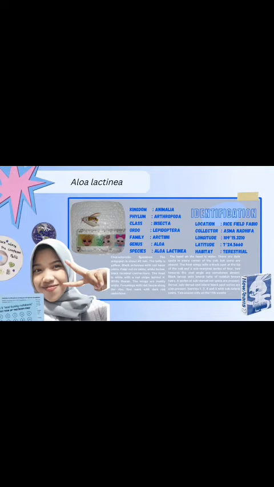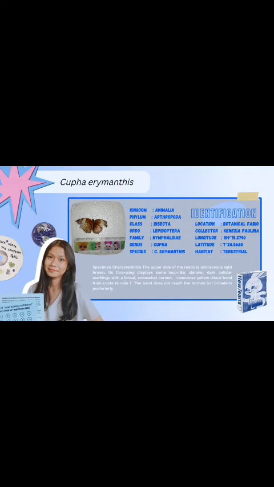And specimen classification: phylum Arthropoda, class Insecta, ordo Lepidoptera, family Erebidae, subfamily Arctiinae, tribus Arctiini, subtribus Spilosomina, genus Aloa, and species Aloa lactinea. Okay, and the next specimen is the brush-footed butterfly, and it will be explained